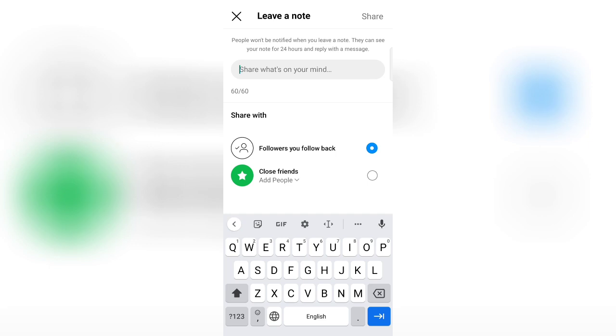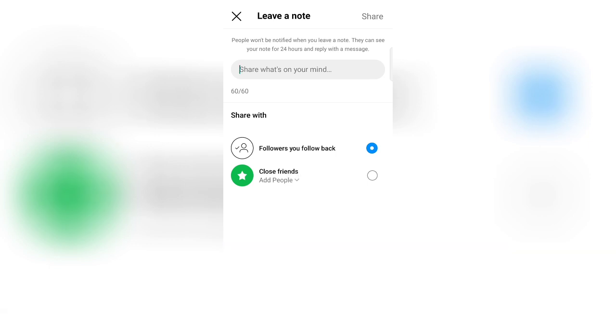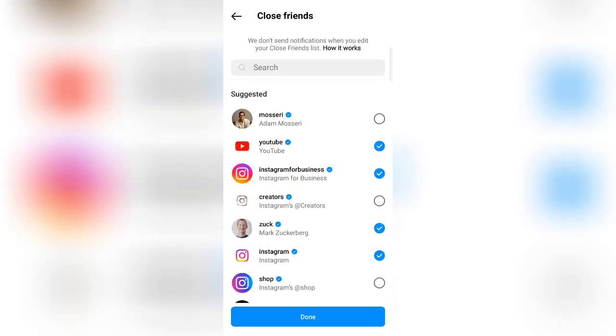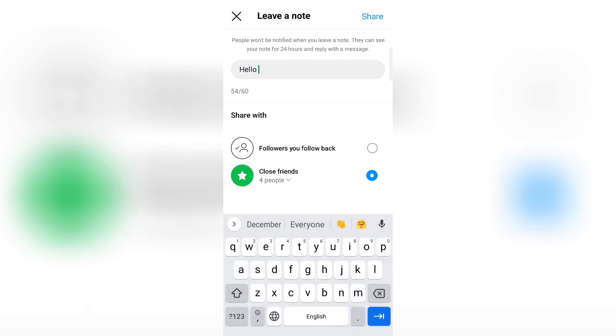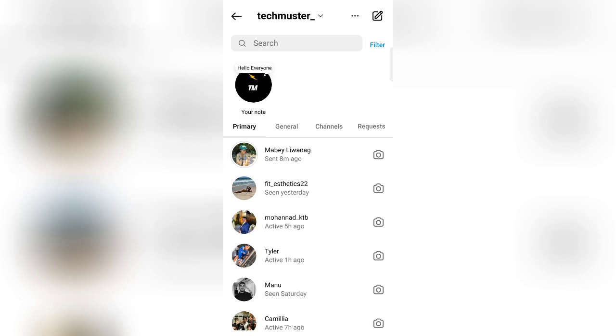You have an option to choose who you want to share your note with, the close friends or the followers who you follow back. You can choose your close friends and the note will be only shown to them. Now you just have to type your note and click on share. Now the note will appear to the user whom you have chosen and will appear to them in the DM